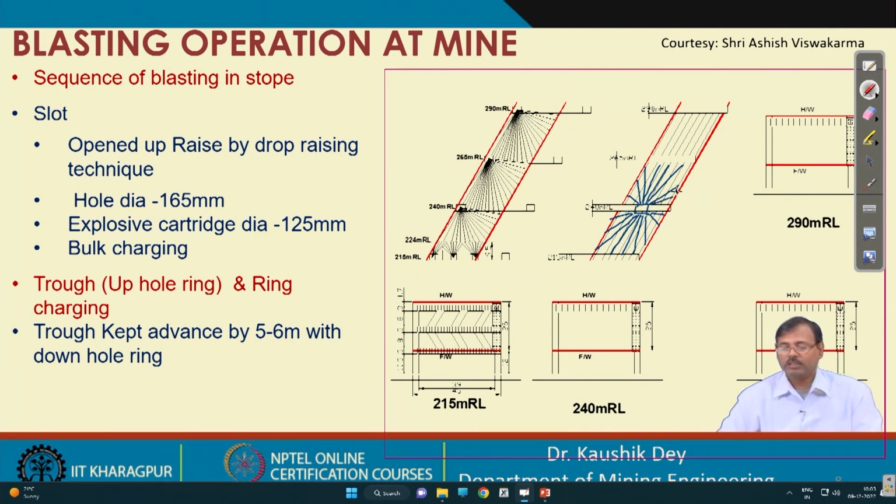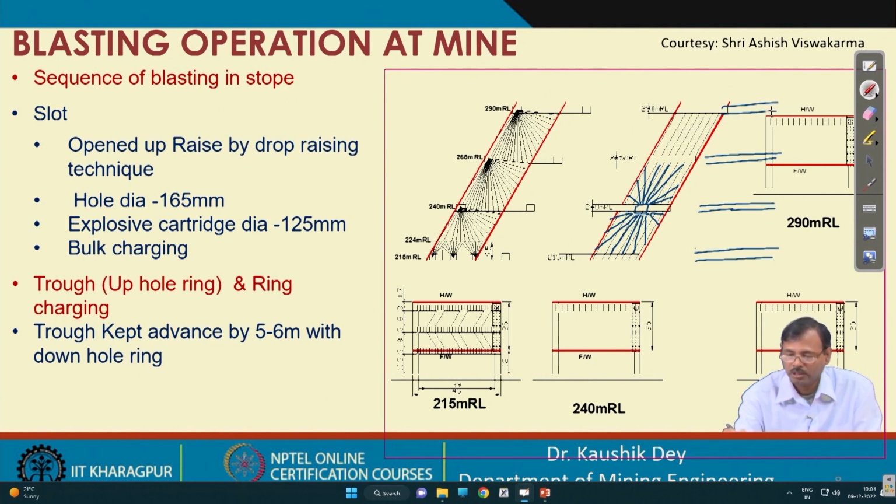So, if this is the condition, if you look at the plan view of this one, this is the draw level, this is the sub level, this is another sub level, this is another sub level. So, basically this complete portion,